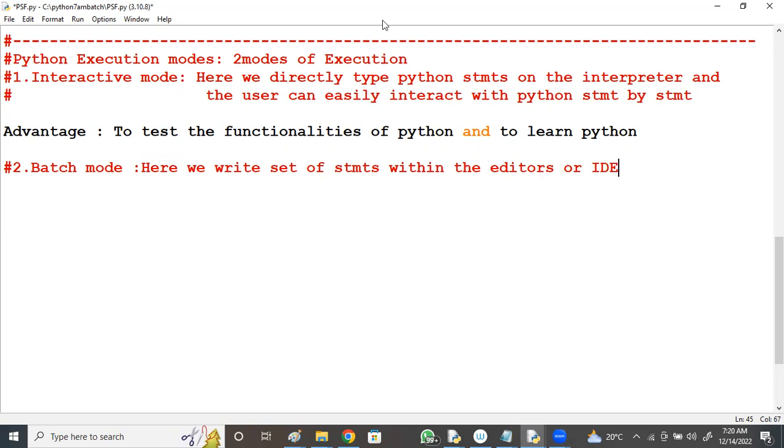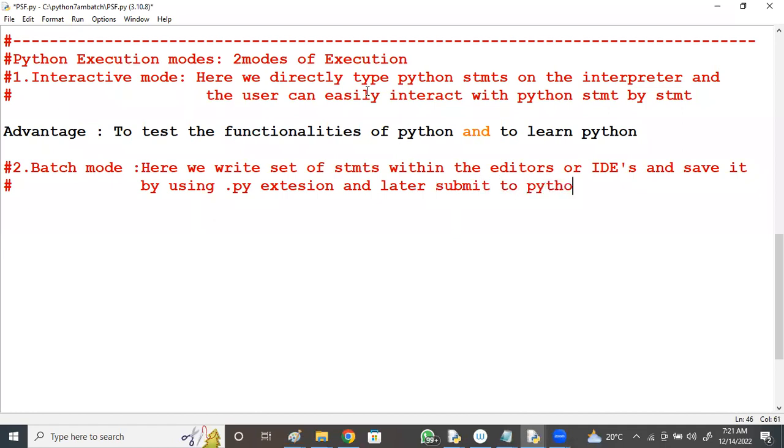In real time we use IDEs. We write the statements within the editors or IDEs and save the file using the .py extension, and later submit it to Python.